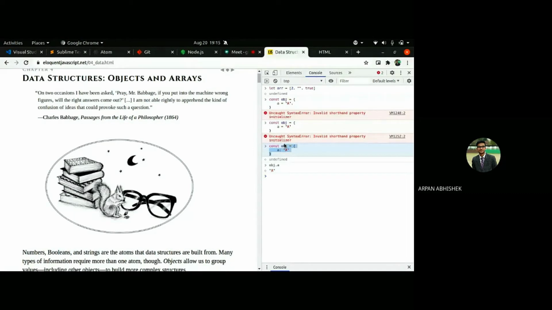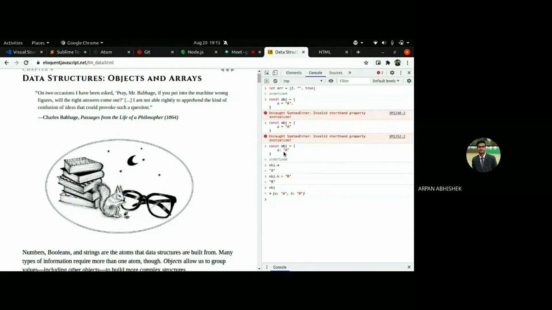We can add more properties in an object. I guess we can do this, and that's perfectly fine. And we can print out the object, and it will have a b. So we can add a property, we can delete also.